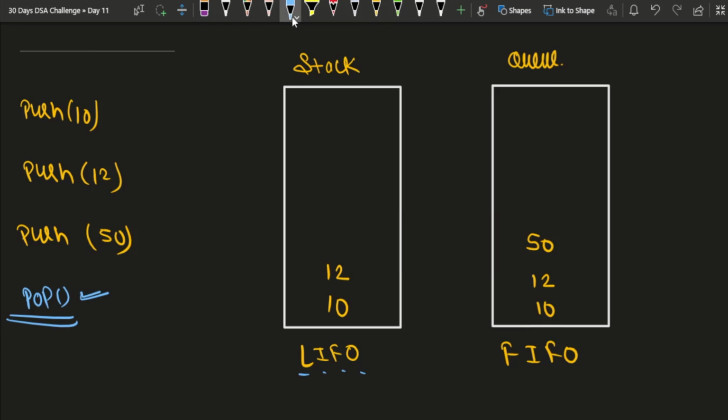But here in the case of queue, it works on the principle of first in, first out. So the element which was entered into our queue first will be removed first. So when we encounter this pop operation, then queue will remove this 10. So this was a basic difference between stack and queue, and we also have some more differences, such as